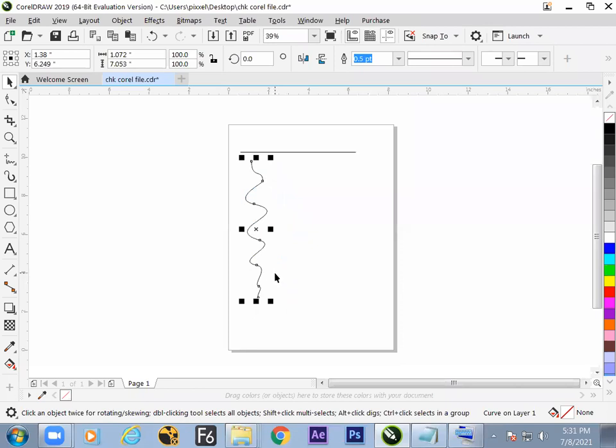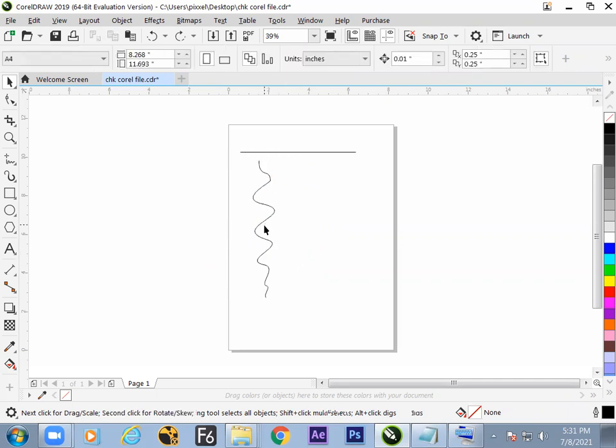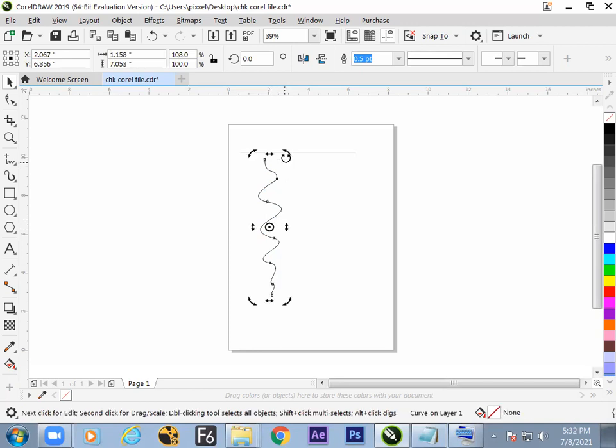Now the next. At the edge, we can find some transform box. We can drag it to scale up. And the next, rather than moving, if we click on the center, it will turn into rotational and we can give any angle we use. So hope we have understood now. The same pick tool can help us to move the object, to scale the object, to rotate the object by clicking twice on the center.